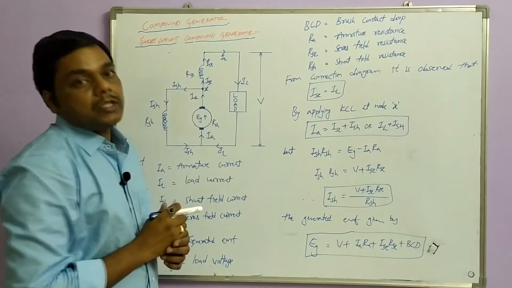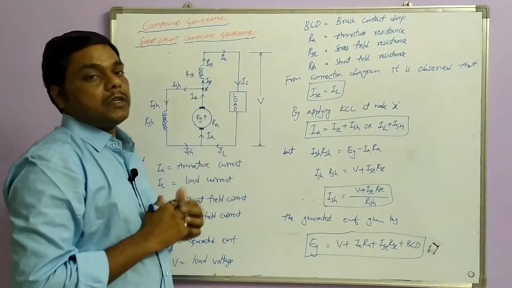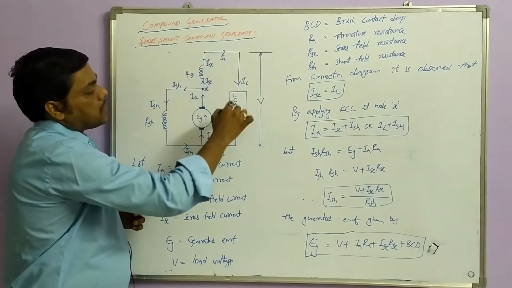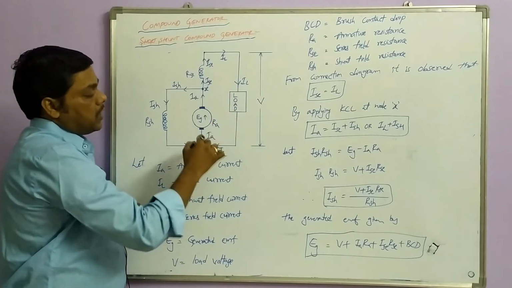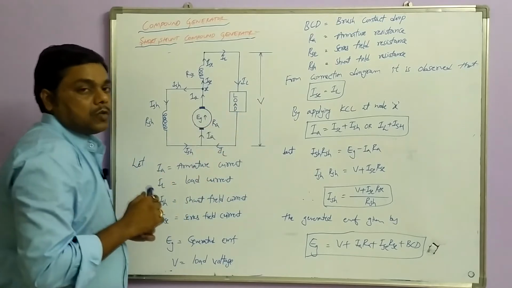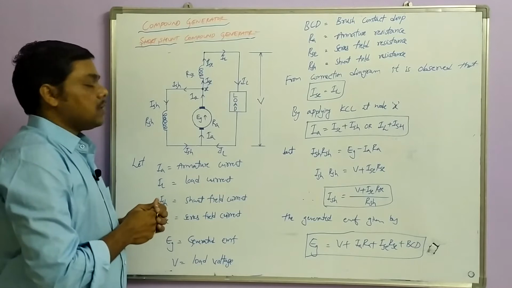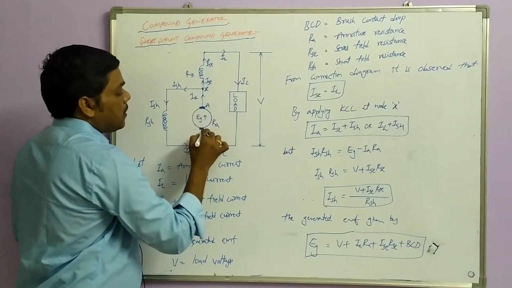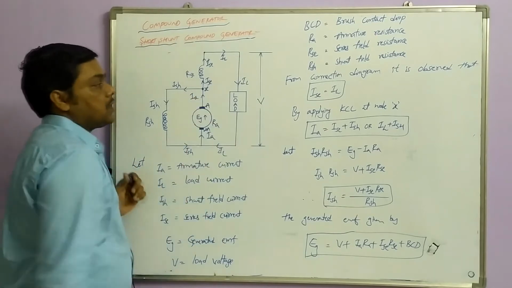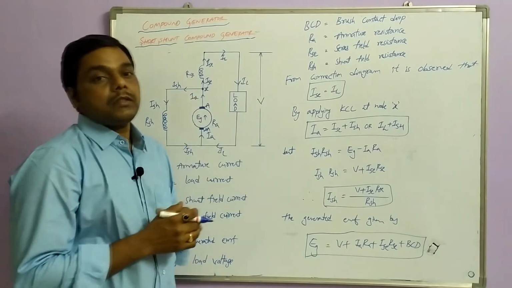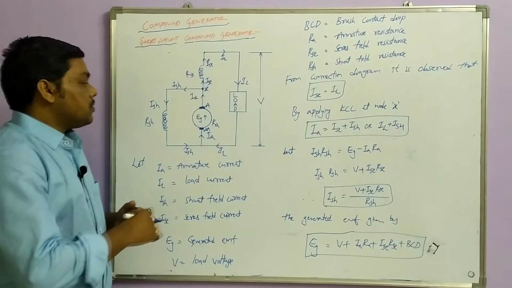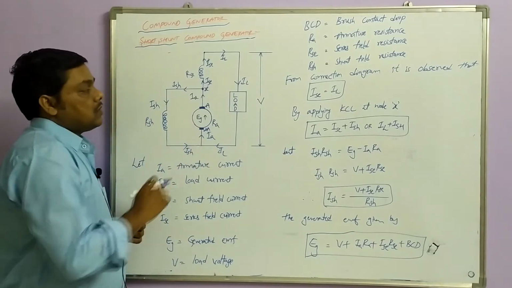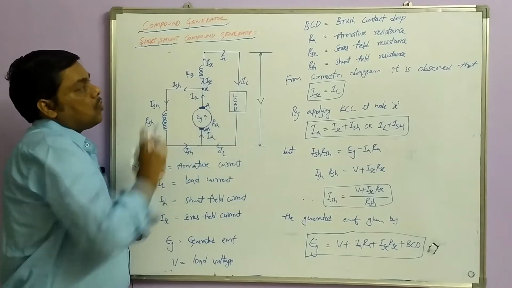You can call it a shunt winding, similar to a shunt generator. And this series winding is connected to the load and the negative terminal is connected to the armature negative terminal. So you can also take it as the terminals are A and AA. For simplification, I am not showing the terminals. So from the connection diagram you can also observe all the currents are given, all the voltages are given.